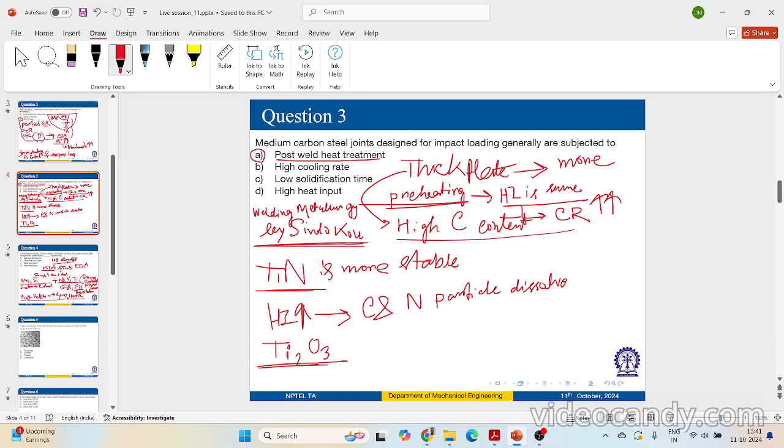Now you are talking about this titanium oxide. They will tend to have better toughness. So titanium oxide is more stable than titanium nitride, and again, it will not dissolve even at higher heat inputs. So they do not stop grain growth, but act as effective nucleation sites. So they will act as effective